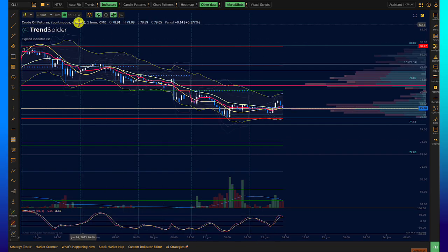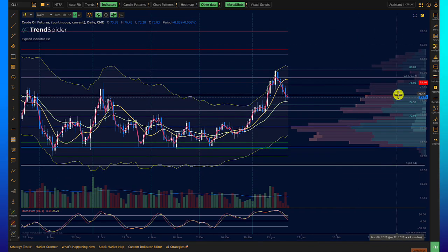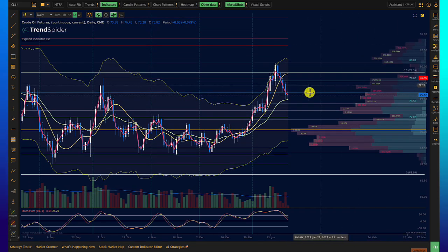You guys know what I think about energy. Ultimately, it is going to continue to rise. I do want to start with the WTI West Texas, and that is the CL is the ticker for that. Old resistance at 76.34 being tested as support. My thought is, and it really hasn't come in there yet, my thought is 74.50 makes for a good buy,